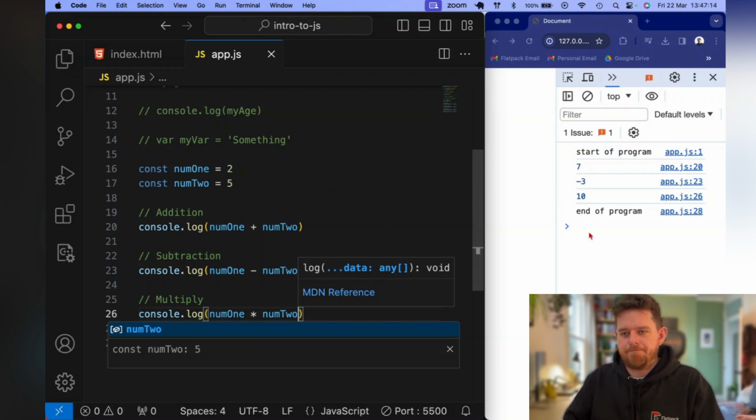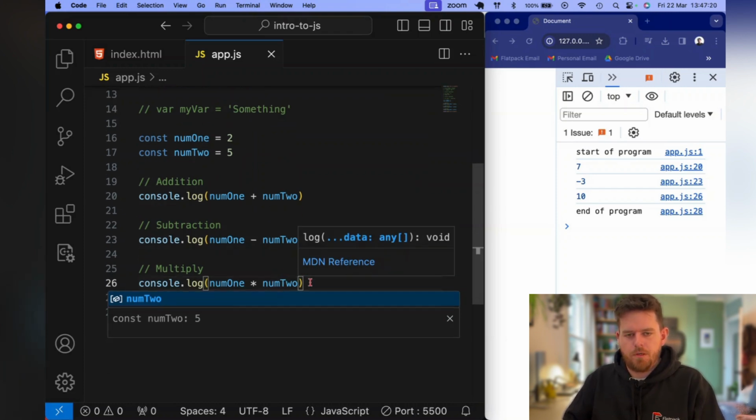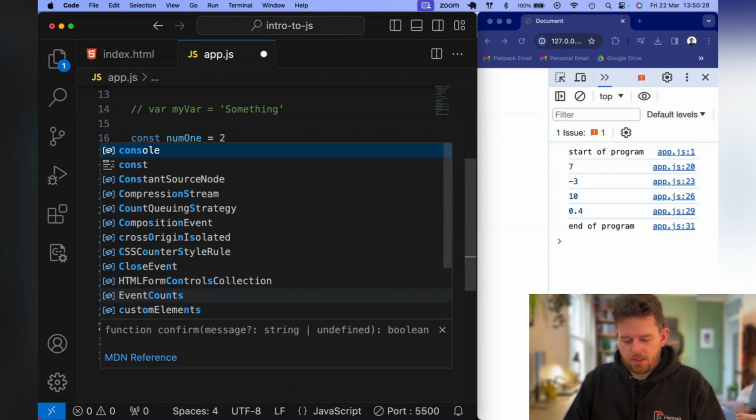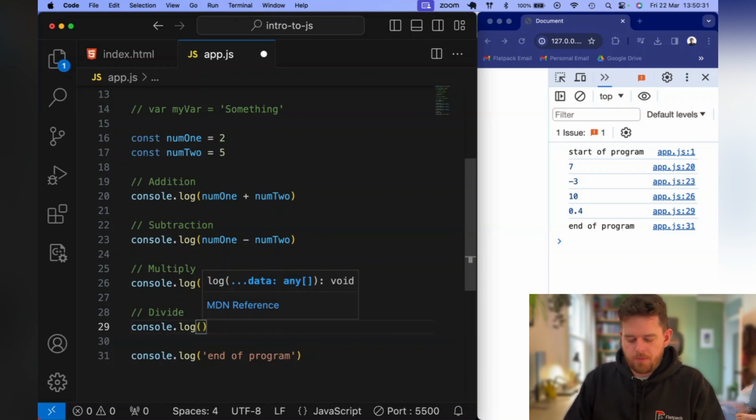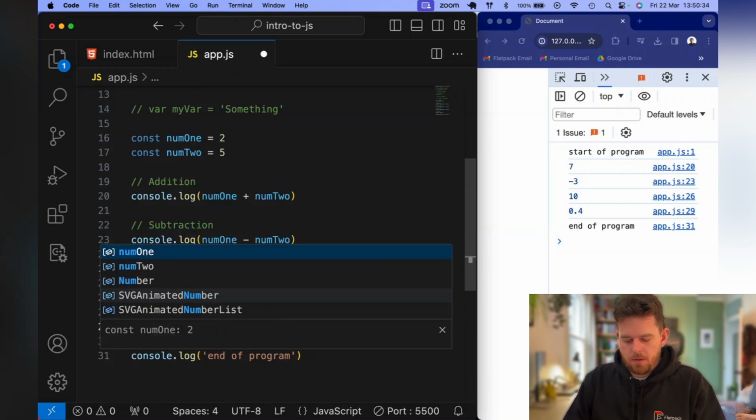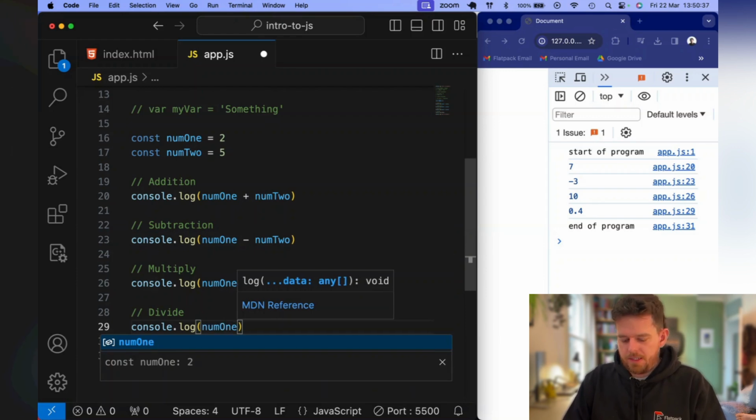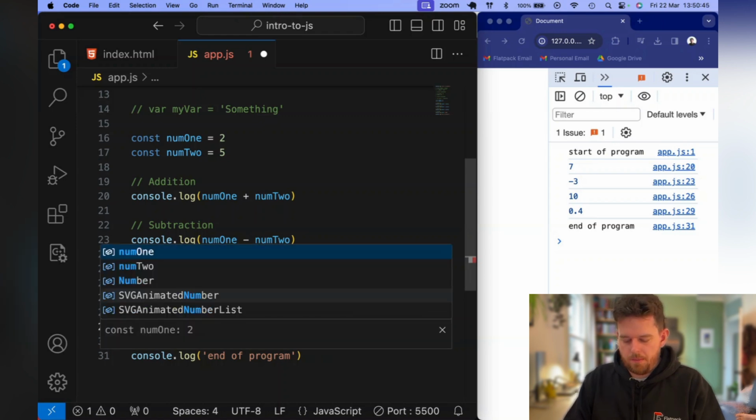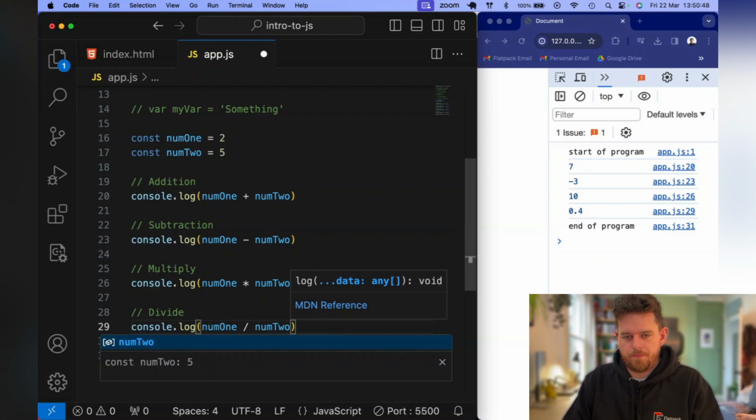Save this. Fantastic. And we get output 10 because 2 times 5 is 10. Okay, let's go ahead and divide now. So we'll say here, divide, and let's console.log out num1, and then to divide we use a /, just a single /. Num1 divided by num2. Go ahead and save that. And then we get